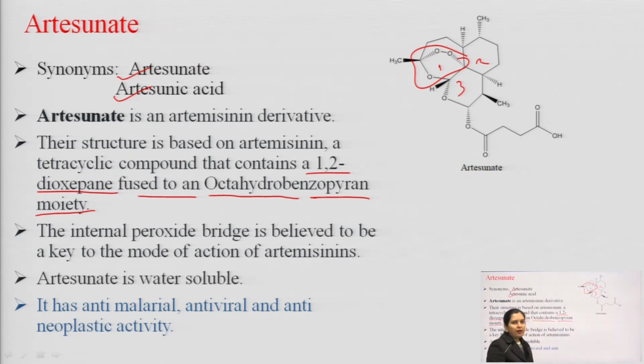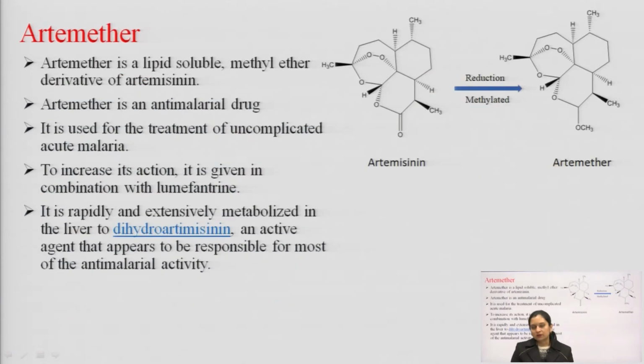This endoperoxide bridge is responsible for the antimalarial activity. If we talk about the solubility of artesunate, we find that it is soluble in water and it has antimalarial, antiviral and antineoplastic activity. Next, moving ahead towards artemether, we will see that in artemisinin,